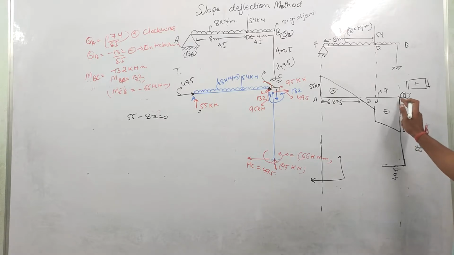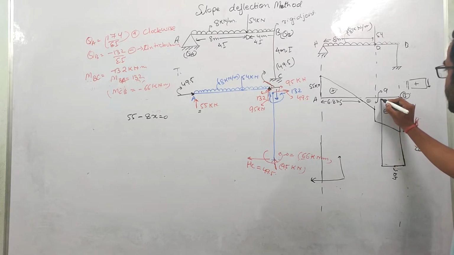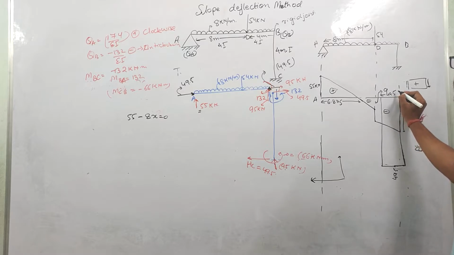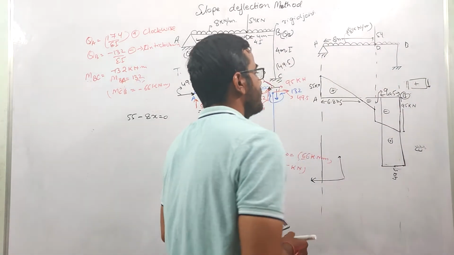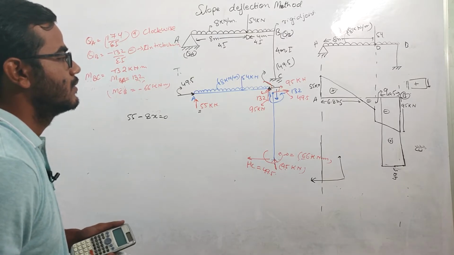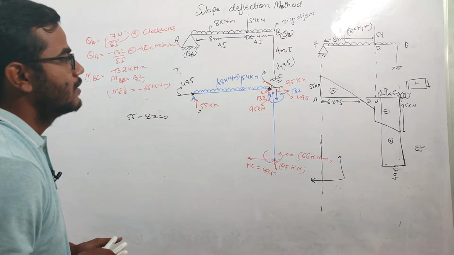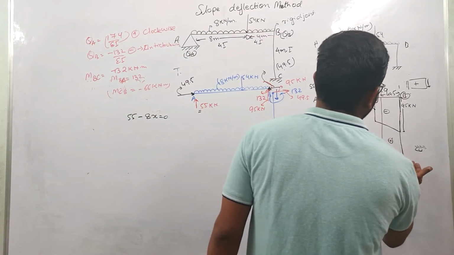And now at this point, this will go straight, and it will come down to this point. This is 49.5. So for this member, this is the positive shear force diagram basically. So this is the case. You just need to look from this side and assume the direction as you assume.